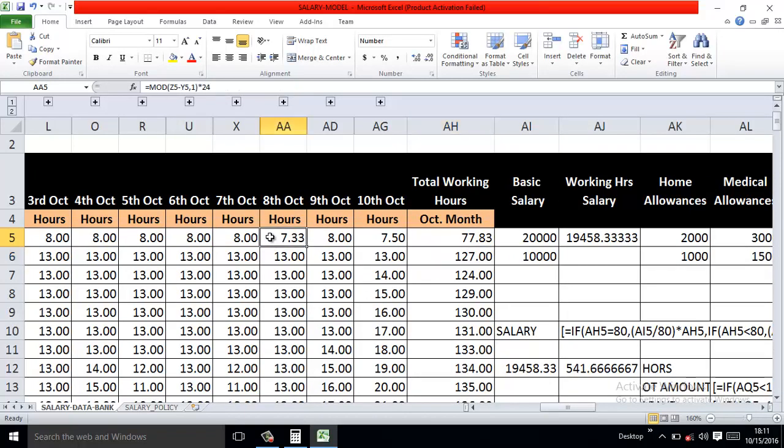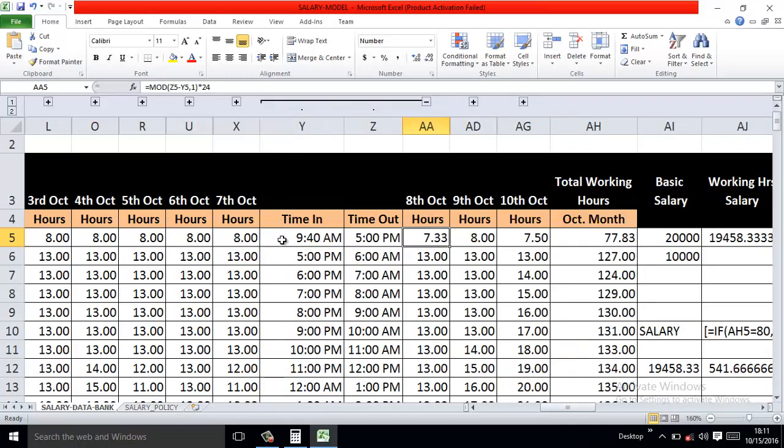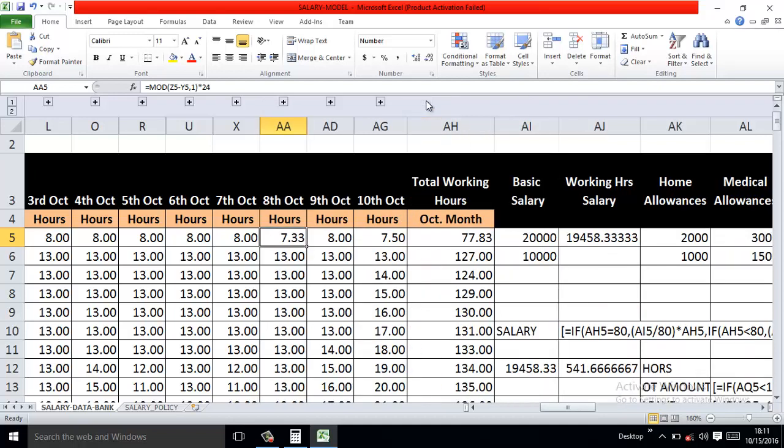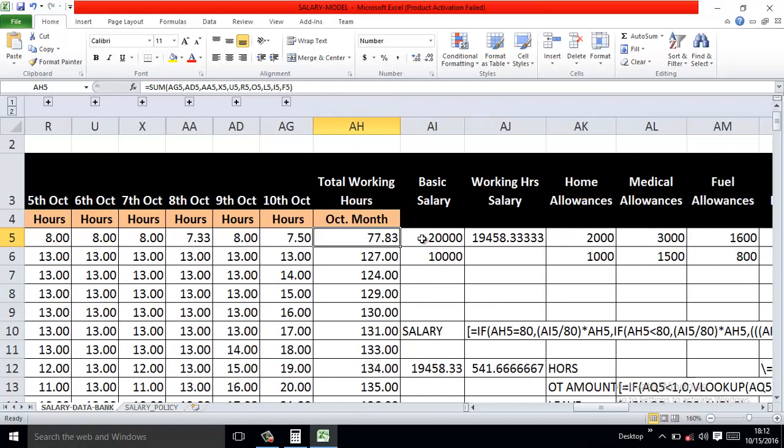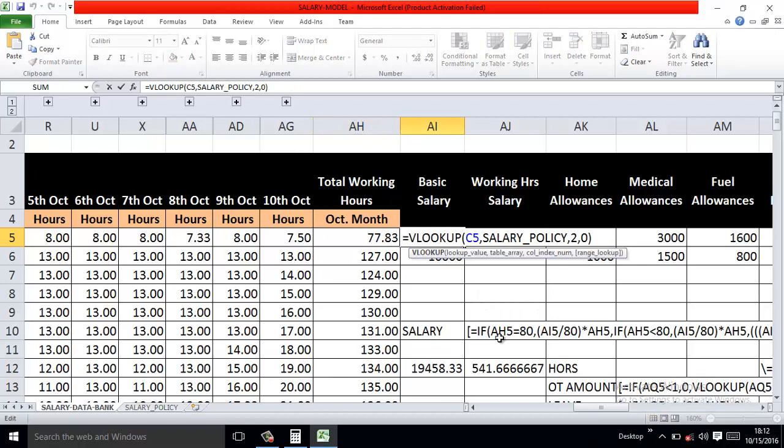77.83, because somewhere else we are working for 7.33 hours. If I explore over here, the employee's time in was 9:40 AM, while the out time was 5 PM. That's why the total working hours of that day are 7.33. So as the result, we are having 77.83. Now we need to calculate the basic salary